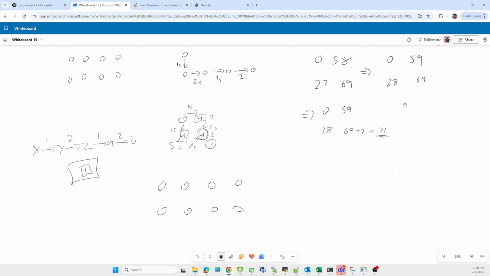From this top corner we'll move to the bottom, and from the bottom we can move here. Whatever the cost here is 1 second, here it is 2 seconds, for this it will be 1 second, and in the last the cost is 2 seconds. So what will be the total sum? 1, 2 and 1, 2 is a total of 6 seconds. This will be the minimum cost needed.